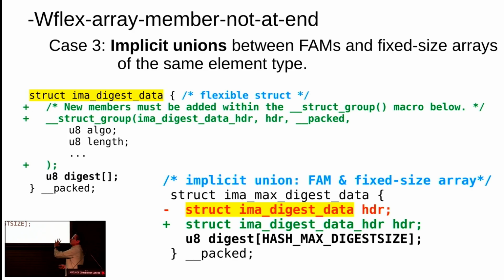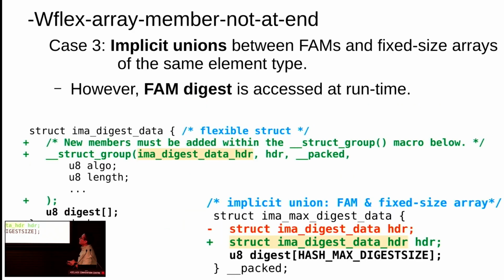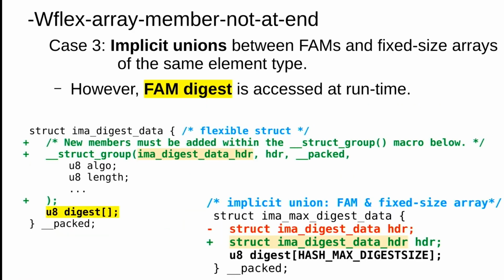However, this is just the first part of the commit. And we have here our fixed size array. What is interesting in this case is that our flexible array member has exactly the same name as our fixed size array. Okay, so the second part. Oh yeah, this is the interesting part. At runtime, the array that is being accessed is the flexible array, not the fixed size array. So again, the fixed size array is used merely as a placeholder, right, to allocate space in the structure so that we can iterate over our flexible array member.